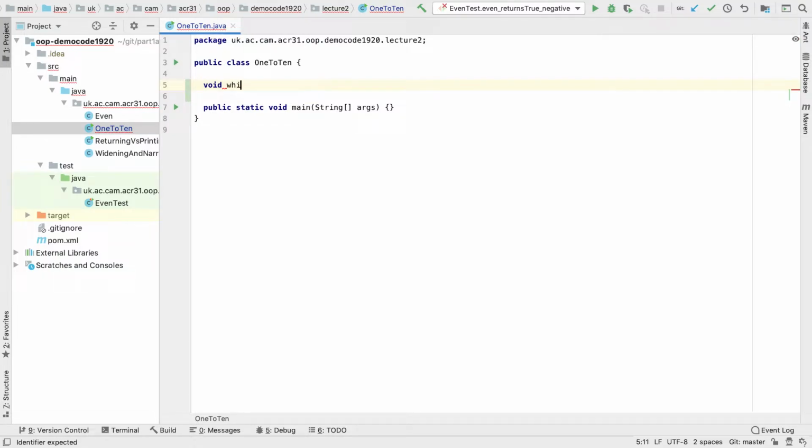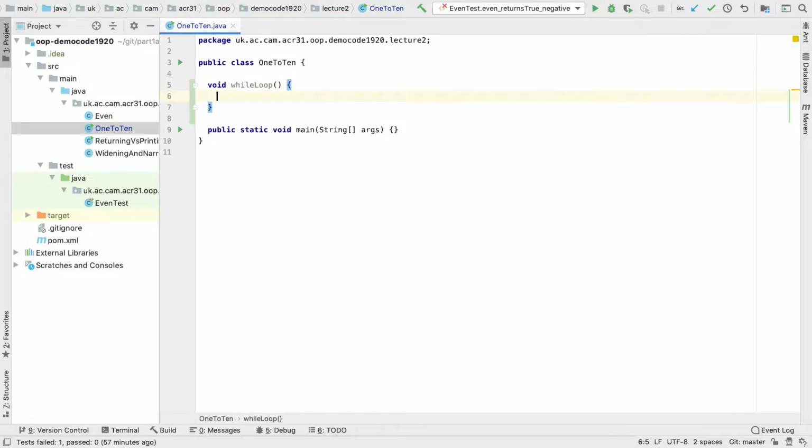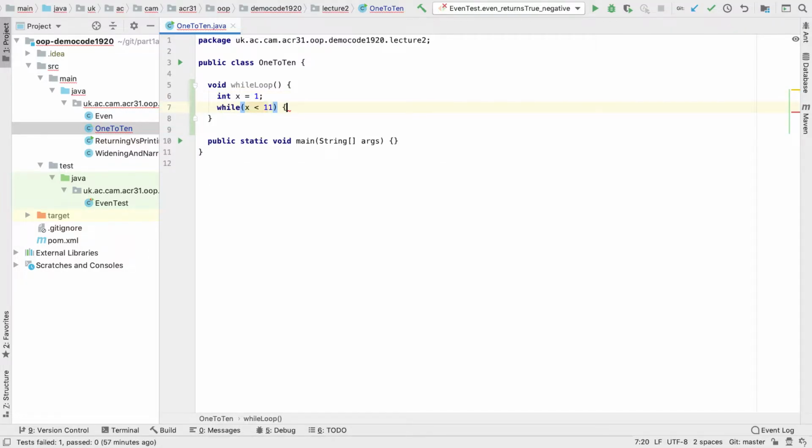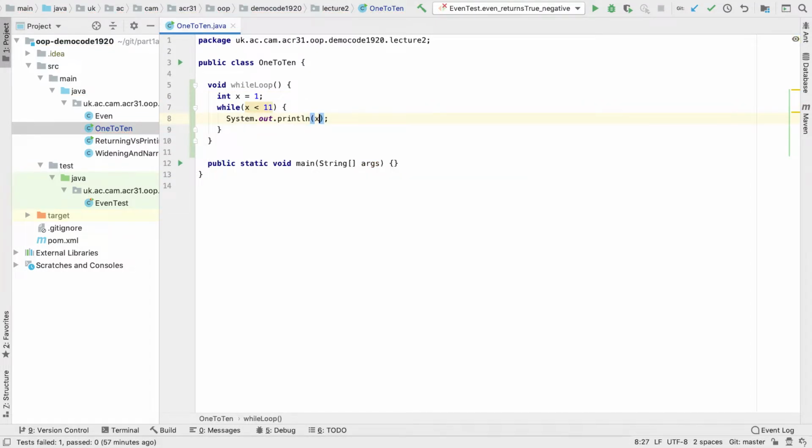Thank you. While loop. So I'm going to say x is 1, while x is less than 11, print x. Now remember, plus plus means post increment, so that prints the value of x and then adds 1 to it after that. And I can,